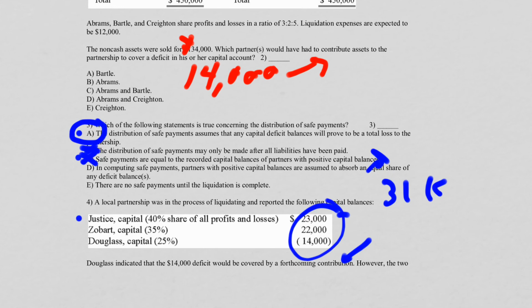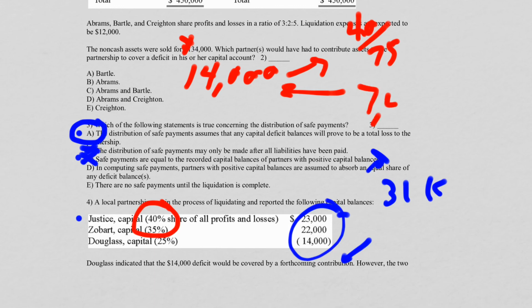So take the 14,000 and divide it based on the remaining ratio, which would be 40 over 75. 40 over 75 times the $14,000 loss is